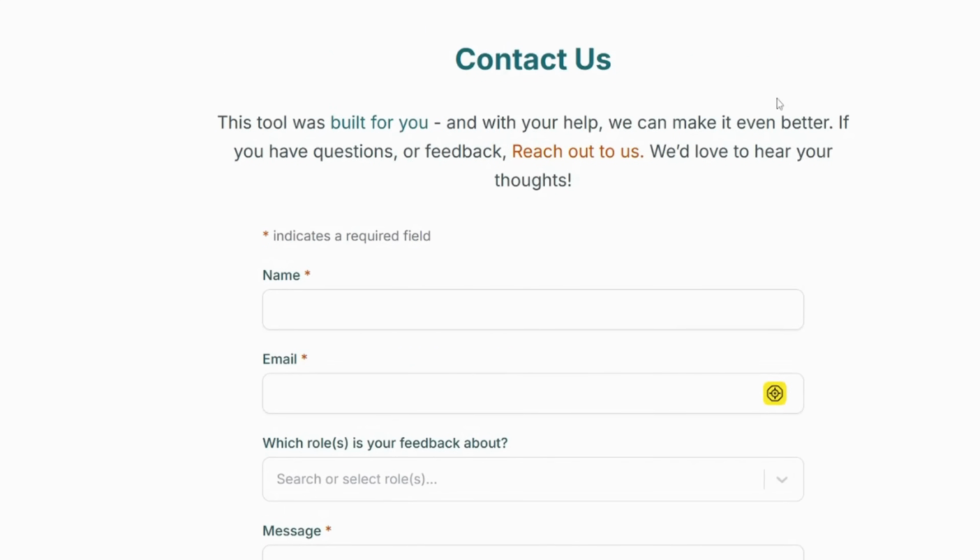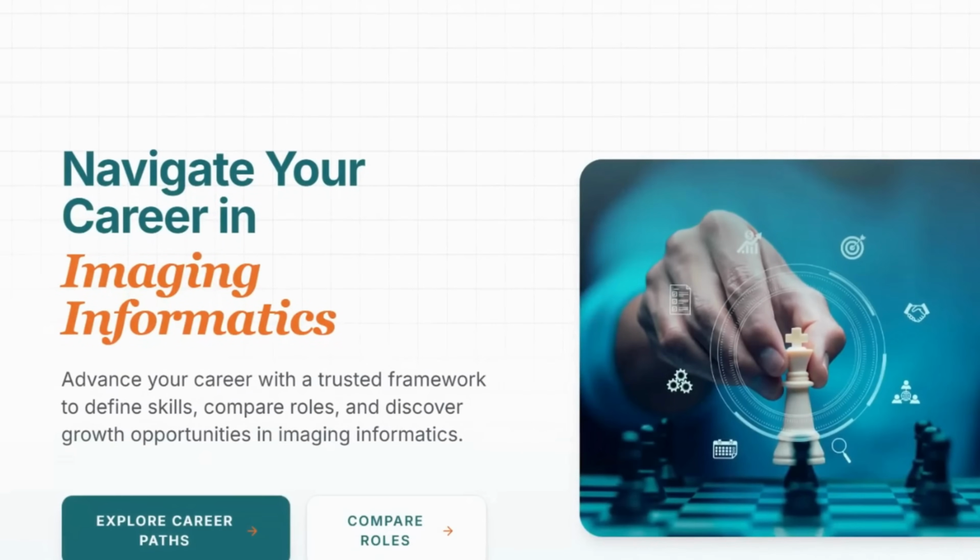So we're excited to make this available to everybody. And our intent is to maintain it as we learn and as we get feedback from the community, and as the roles evolve and skill sets and changes happen in the hierarchy and roles within imaging informatics, and we can add additional resources as well for learning. So I think that's all I wanted to cover. Again, it's iipcareers.com. It's free to use, and there's a ton of easy ways to copy the content out and paste it into your favorite Gen AI or paste it into documents or simply use it to have those important career discussions within your institution. Thank you very much.